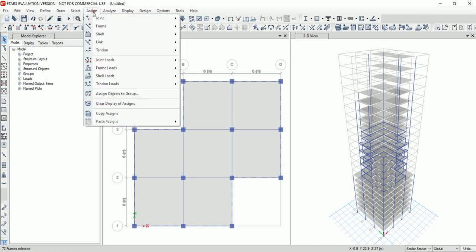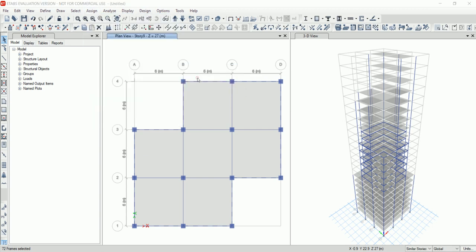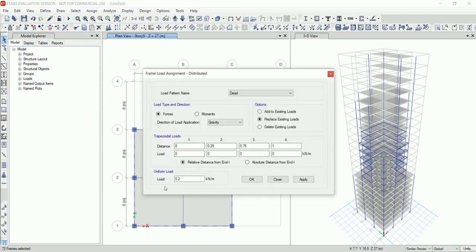Then go to assign, click on frame loads, then click on distributed. The load will be same. Click on apply, click on OK.